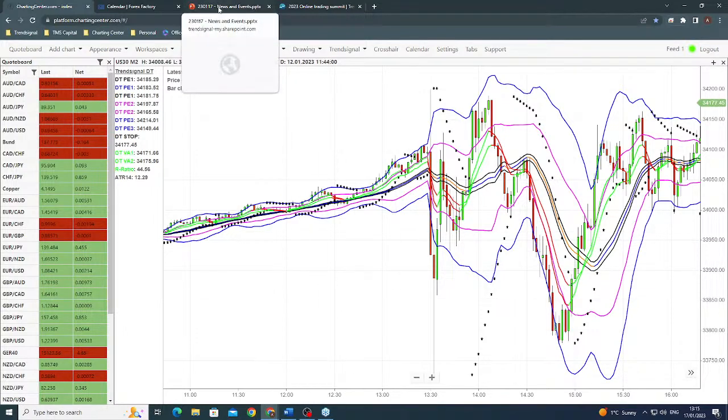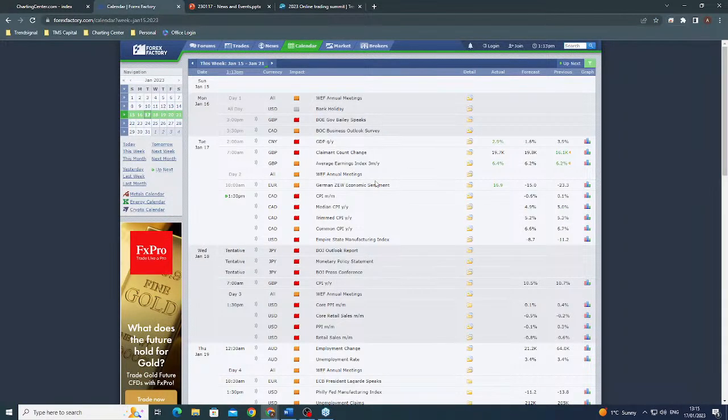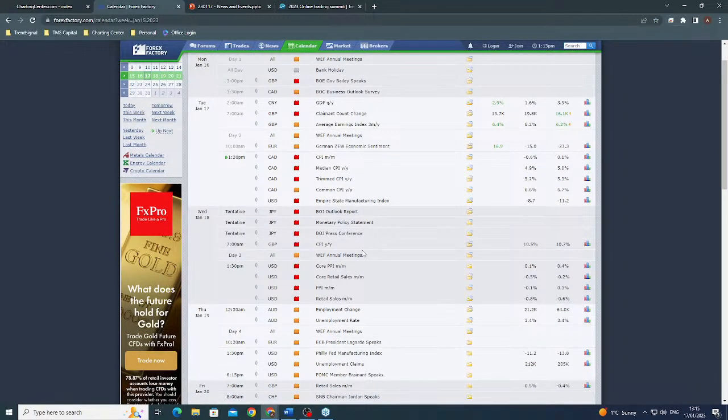And one of the things, if you are already a Trendsignal Plus trader and you're a swing trader, what would you want to think about? Have a quick look at the calendars. One of the reasons we talk about it in our Monday workshops, be aware about what the major events are. We've got a couple of yen trades open at the moment. I think it's Aussie yen and pound yen on the D1 sniper strategy. You might want to think about reducing risk. Now, that will be a discretionary play. The rules of the strategy would simply be to run it accordingly to the stop, target, and active stop.